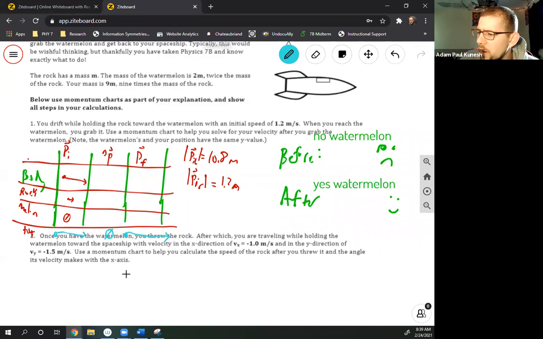Okay, so when I hit the rock, what do I do? Or sorry, when I hit the melon, what do I do? I hit the melon and it picks up some speed to come with me. So the melon is now going to have some final momentum of unknown size. Whatever size momentum the melon has, the rock is going to have half of that because we're still stuck together. The rock and the melon and me are all still stuck together. So V final for everybody is the same. V final of my body is the same as V final of the rock, is the same as V final